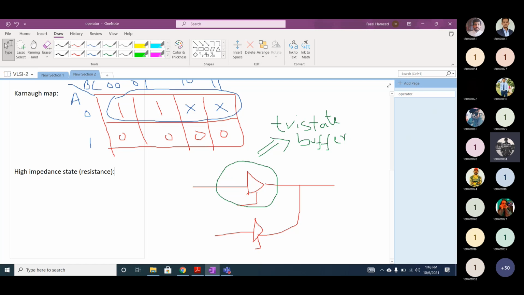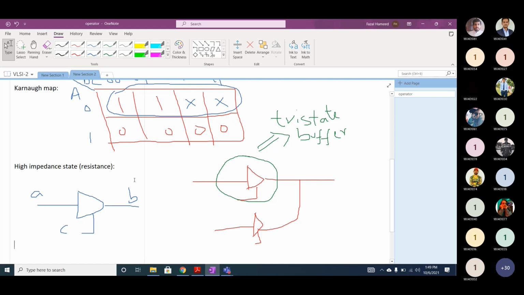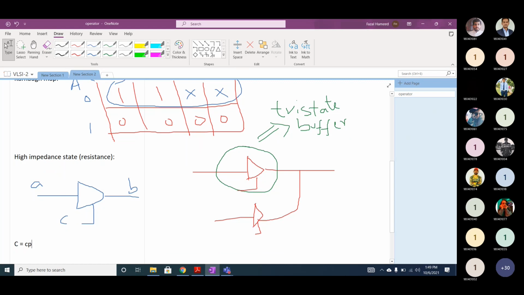Actually, if you look at a tri-state buffer, it has 3 terminals. This is terminal A, let's assume this is terminal B, and this is terminal C. C is your control input.